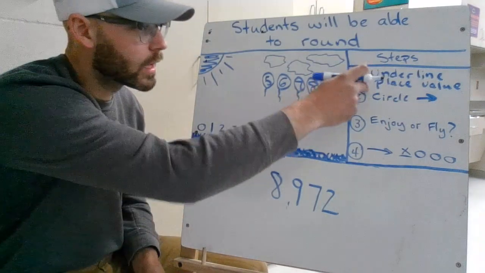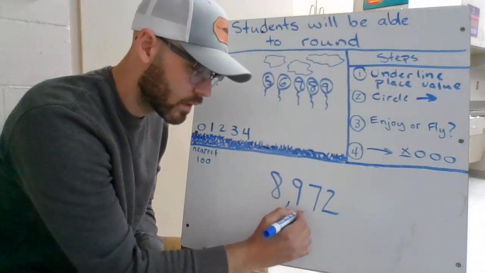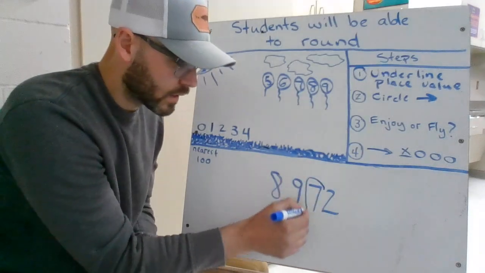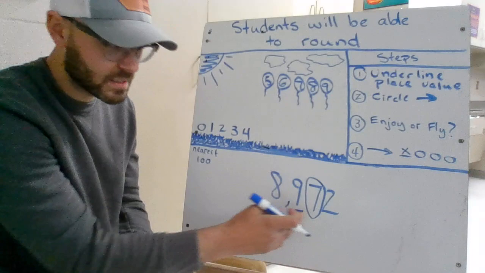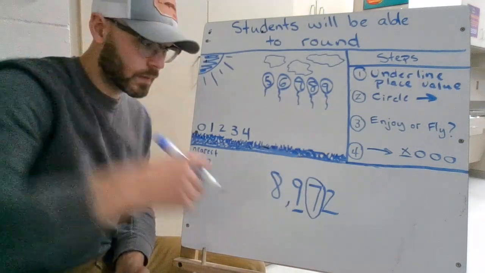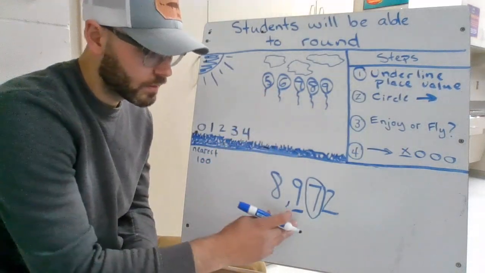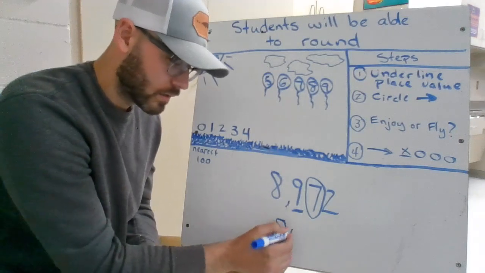Nearest 100, underline the place value that I am looking for. The nearest 100, everyone knows that this is the hundreds place value. Circle the friend to the right, easy enough. Maybe you're getting a little quicker at this and you can say enjoy your day or fly away. Does 7 tell 9 to stay the same or bump up? 7 tells it to bump up, but I can't just make the 9 into a 10 because